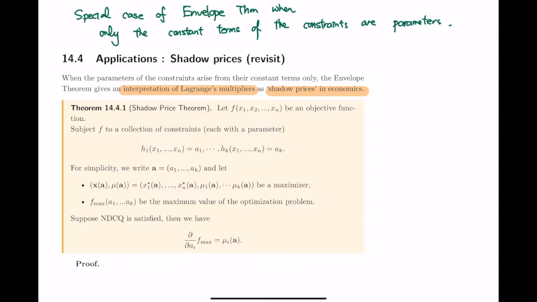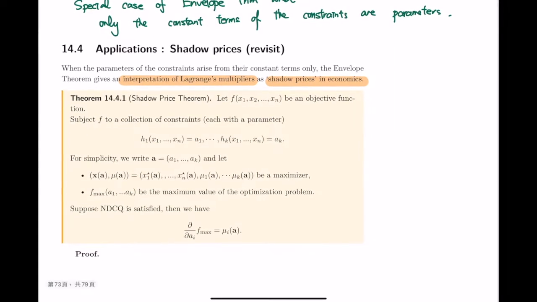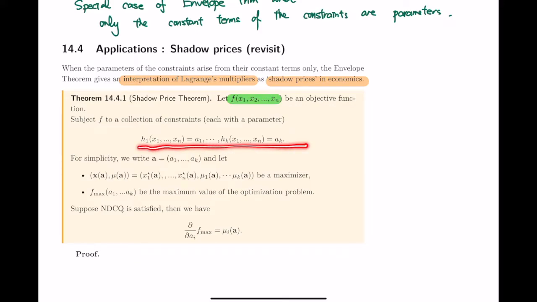Let us look at the theorem. The setup is the following. As usual, we have an objective function to optimize, okay? But this time, the objective function has no parameter. Where do I have the parameters? The parameters come in when I look at the constraint equation. And moreover, all the parameters a1 to ak